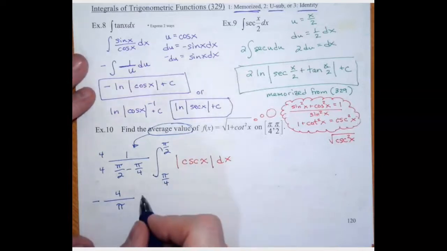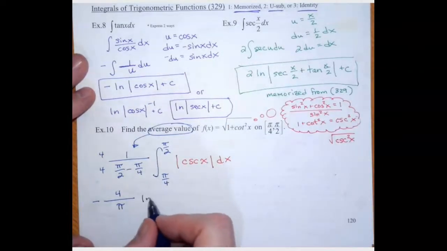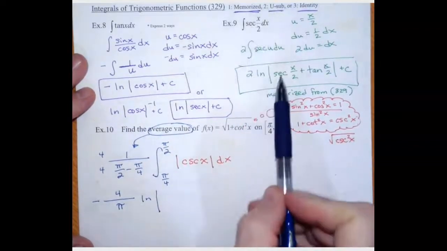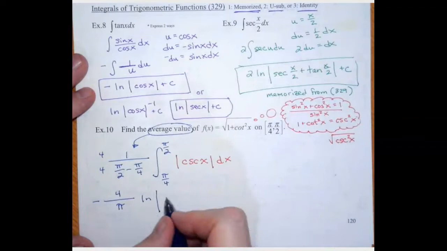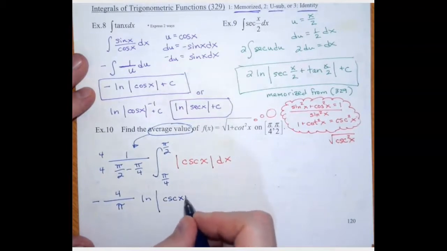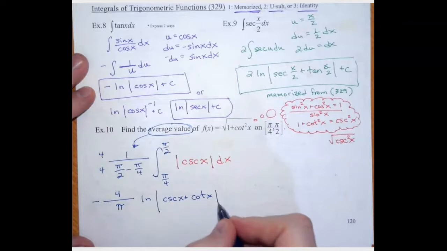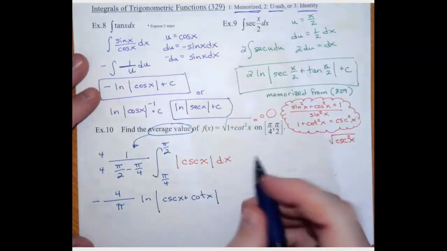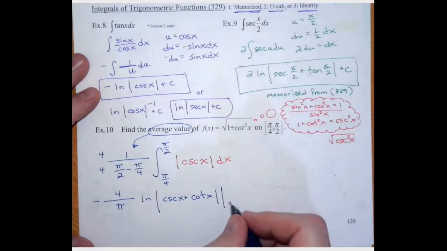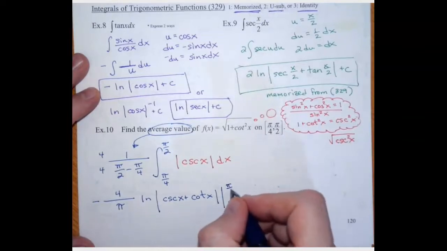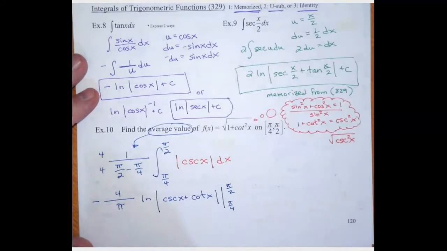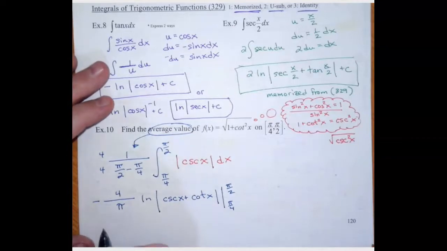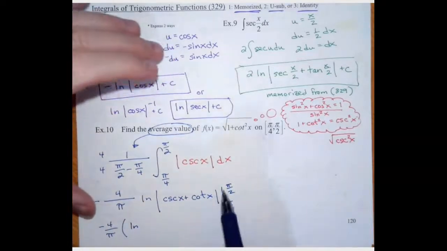And then, if we compare it to that one, that's going to be the natural log. And then secant was secant plus tangent, so cosecant is going to be cosecant plus cotangent. And if you're wondering about a negative, that's out here. And then that was going from pi over 4 to pi over 2. Okay. So, that's going to give us negative 4 over pi, and then we're going to have the natural log of the